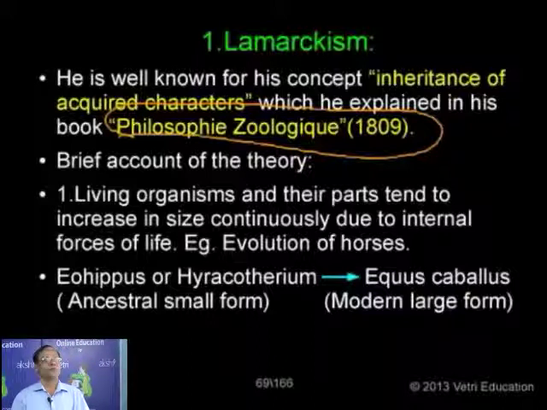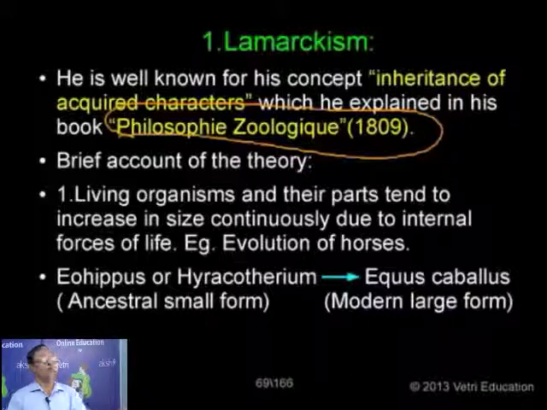And we give more importance to the evolution of the horse because it is an animal which evolved along with human beings. There are evidences which have given some support for the evolution of man. So this one evolved along with the human beings. That is why in evolution we give more importance to horse evolution, as we give importance to human evolution. This is the oldest organism considered in terms of evolution, the ancient organism, studied more and more in the field of evolution.